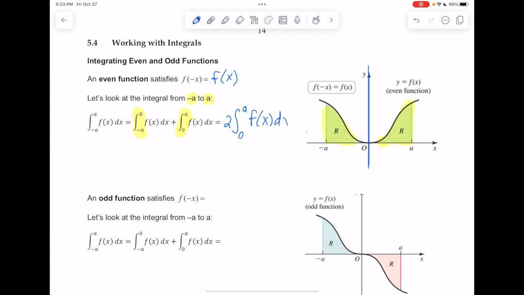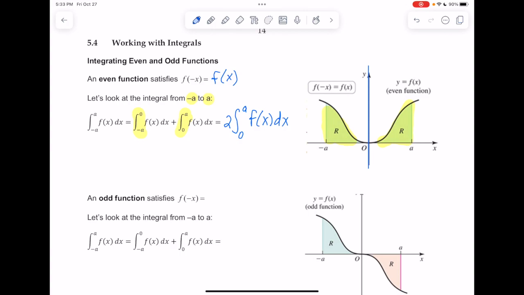So with an even function and symmetric bounds, you can just find the area on the right-hand side, and because you know that's equal to the area on the left-hand side, you can just multiply that by 2 and get your answer that way. And it's a little easier to do that often because 0 is often an easy number to plug in and simplify, whereas that negative a number might be messier.